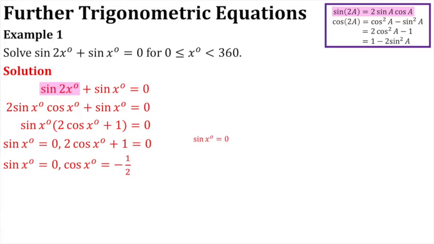So firstly, we'll look at sine x equals 0, and that's something that we can look at the graph for. So where is sine x equal to 0? And remember, it's between 0 and 360, but x can't be equal to 360. So the values here that we're taking are 0 and 180. Now for cos x equal to -1/2,